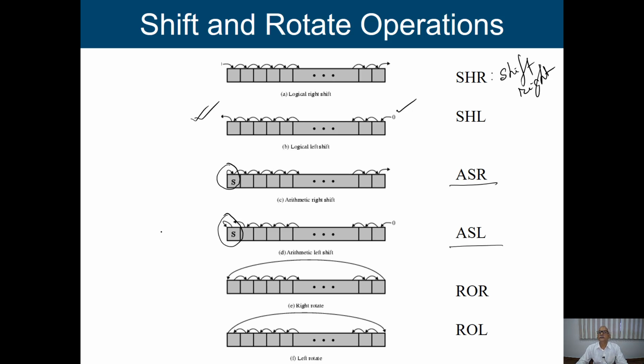Okay, this is the way that we can see, and we are going to implement, or we may include some instructions so that it performs this shift left or shift right on the data available in our registers. So what is the advantage when I keep arithmetic shift right or arithmetic shift left? I'll just give a simple example.